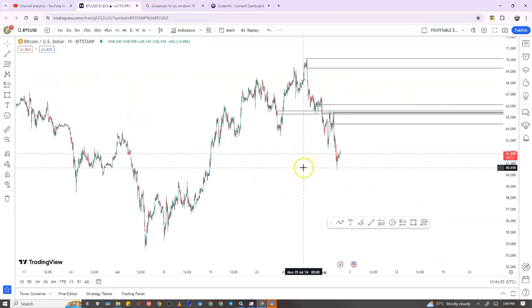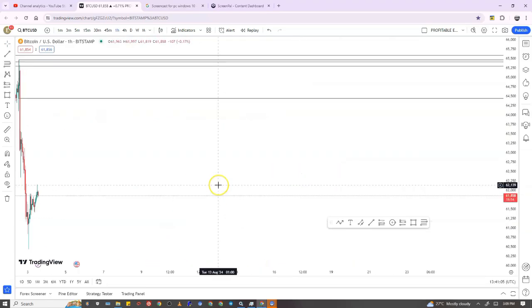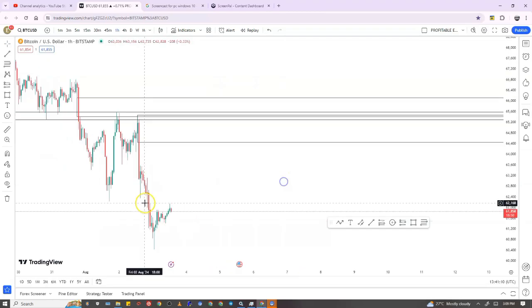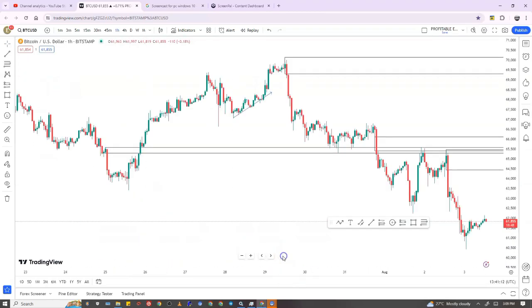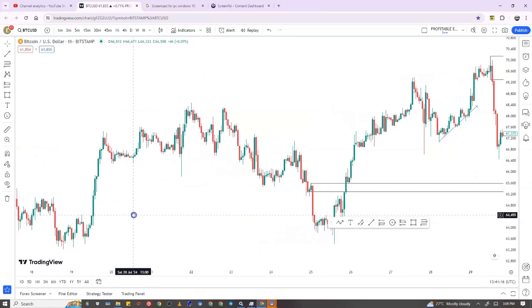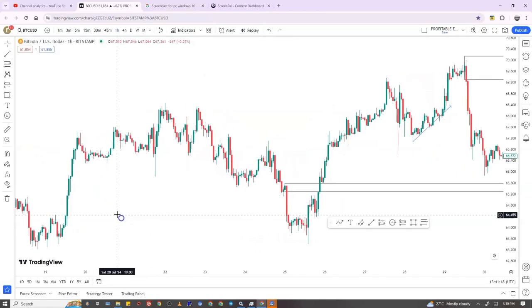Most of my confirmations are fair value gaps or other blocks, which I'm going to get to soon. But now you have to take note of all this. When you see the market choppy like this, you have to know what the market is doing. First, know the direction of the market and know what each candlestick is saying. When you see a doji candle, you have to know buyers and sellers are present on the market. You can see, for instance,